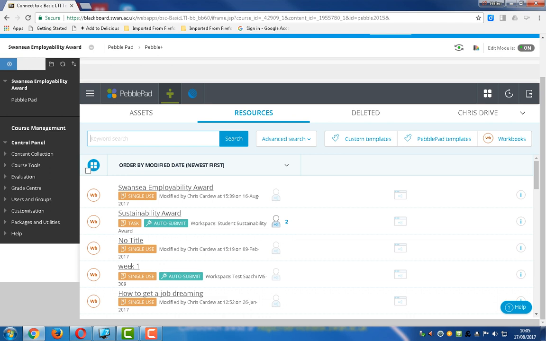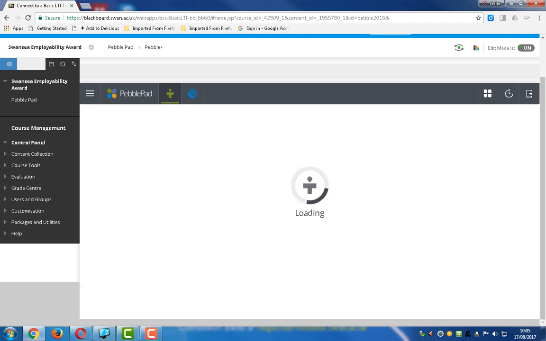and then in your resources list you'll have a workbook called Swansea Employability Award. It's single use only, so you can only take it once, that's fine. The first time you take it, you'll be prompted to save it, which means that you're submitting it to the tutor workspace from the beginning. The reason for this is so that if you need any help as you're working through it, it's easy for me or one of the other tutors to have a look at your workbook if you're having any difficulty with something. Okay, so clicking onto it, create a response,